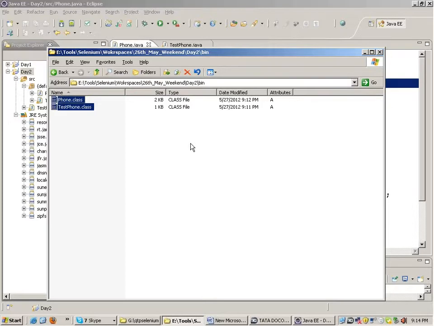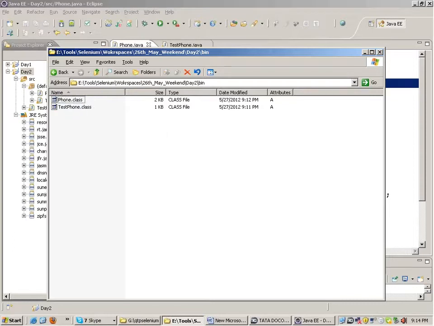What we can do is zip all the class files, put them in a zip file and upload it on the server and ask the users to download it. But the problem is, not exactly the problem, there will be no structure.